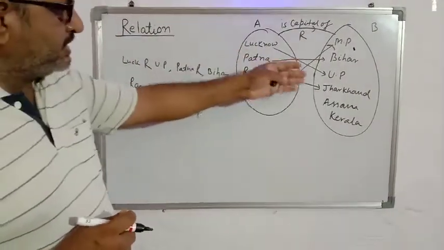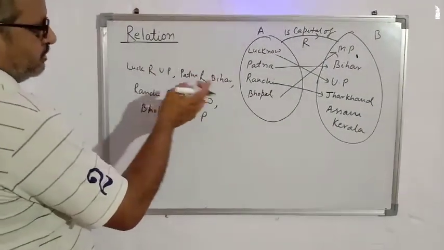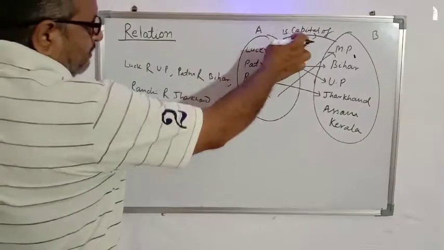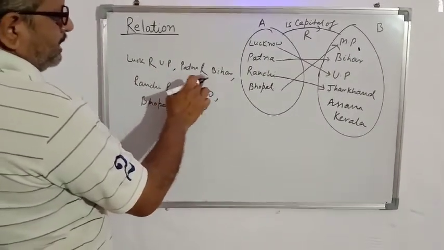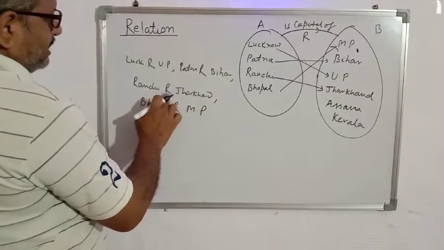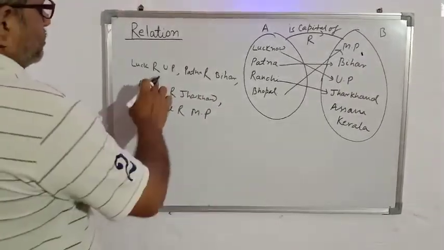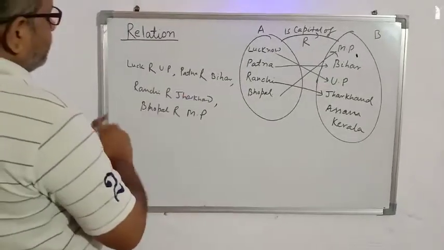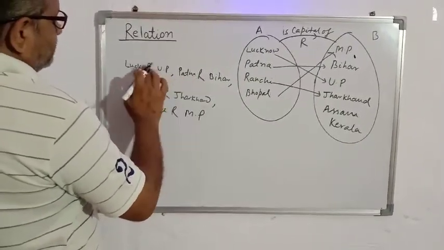We can represent this relation like this. Lucknow R, where R means "is related to". What is the relation? "Is capital of". It means Lucknow is capital of UP. Patna is capital of Bihar. Ranchi is capital of Jharkhand. Bhopal is capital of MP. So R means is related to. So if we omit the letter R